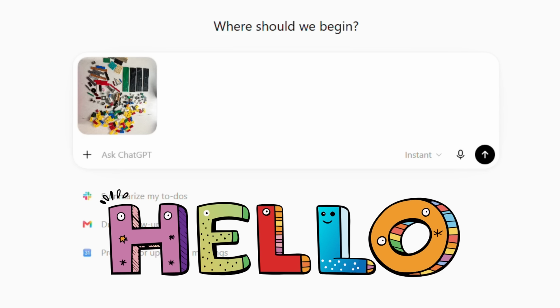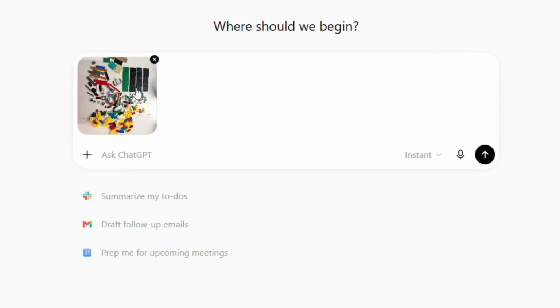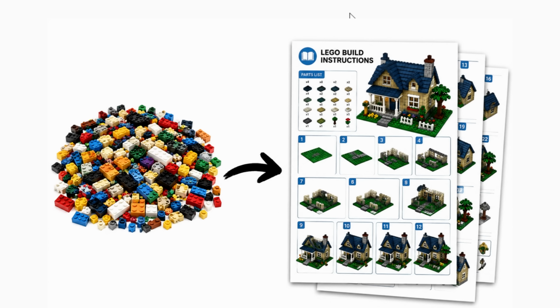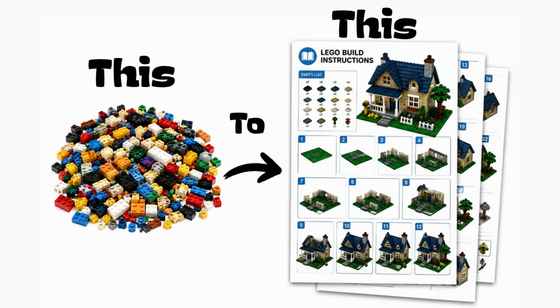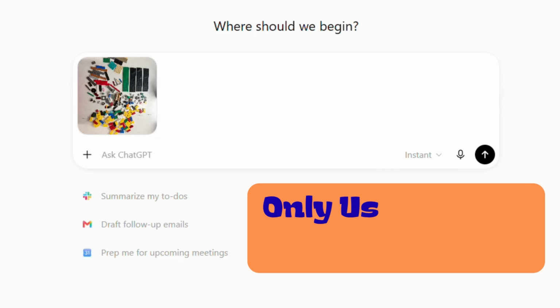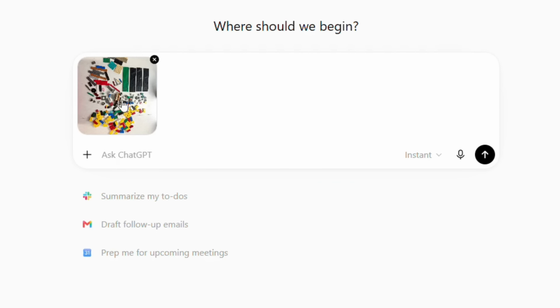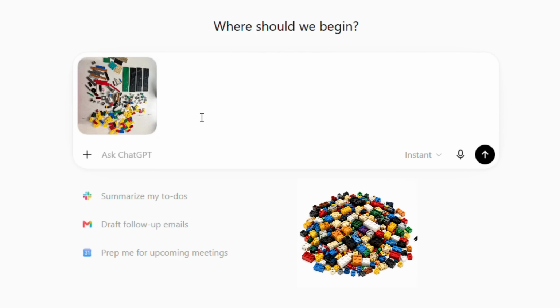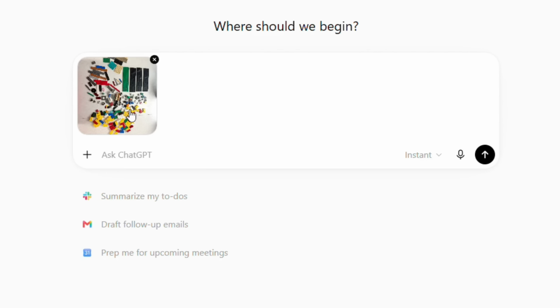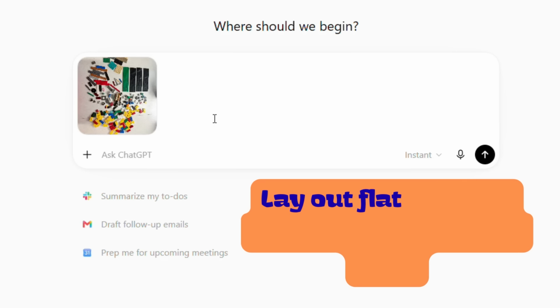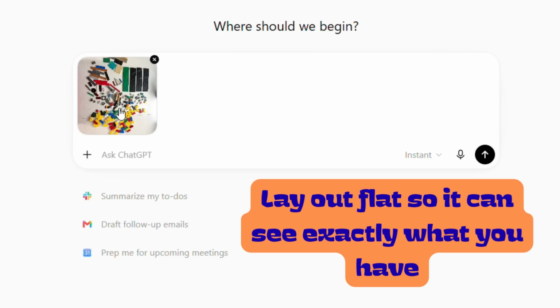Hi guys, today I am going to teach you how to create an infinite number of Lego builds with the Legos that you have. So first, the Legos that you want to use, you need to go ahead and collect them and make sure that they're all facing upwards so that ChatGPT can see exactly what it has to work with, and lay them out and take a good clear picture, and then you can upload that picture into ChatGPT